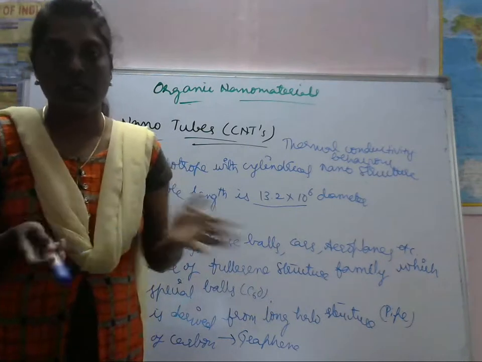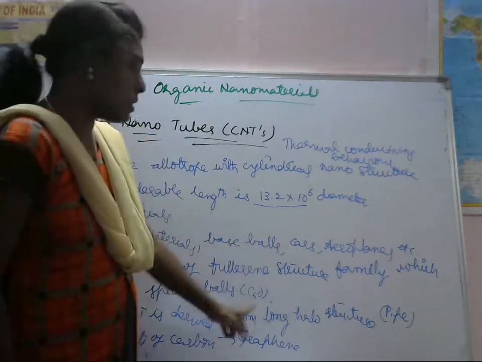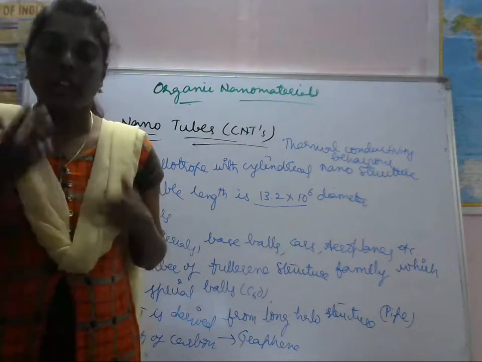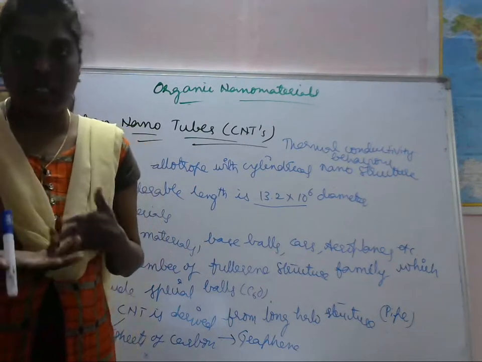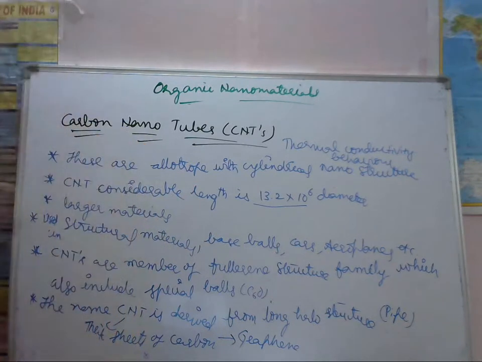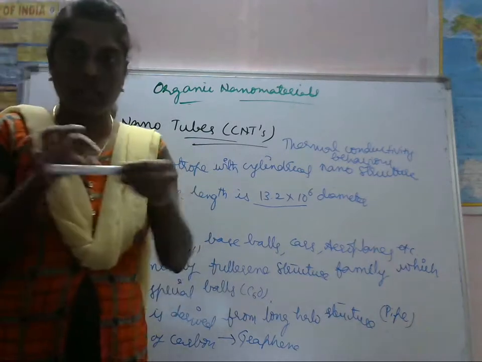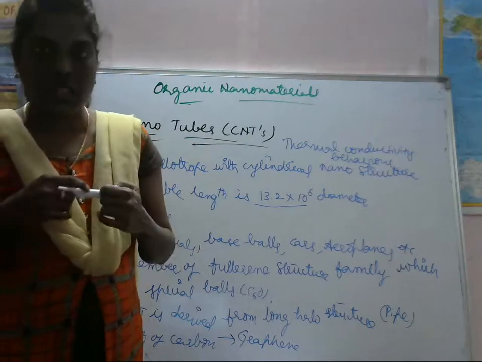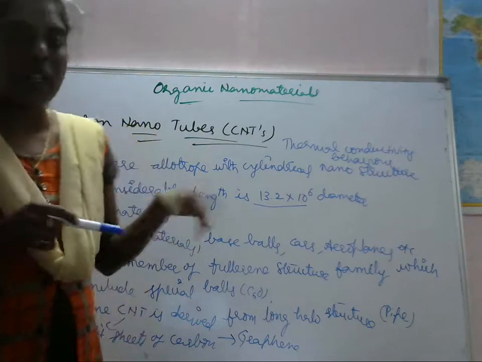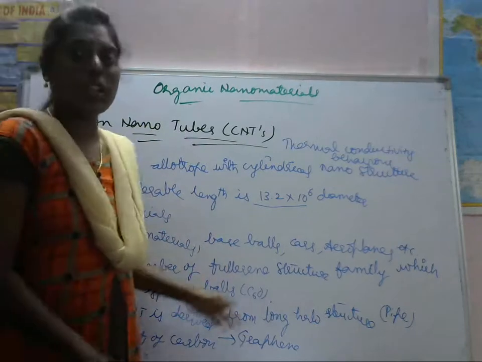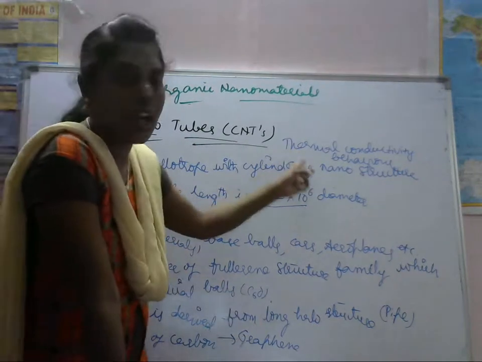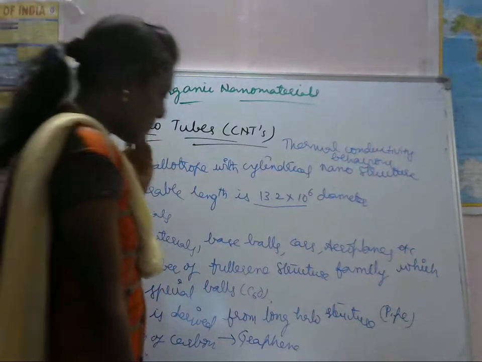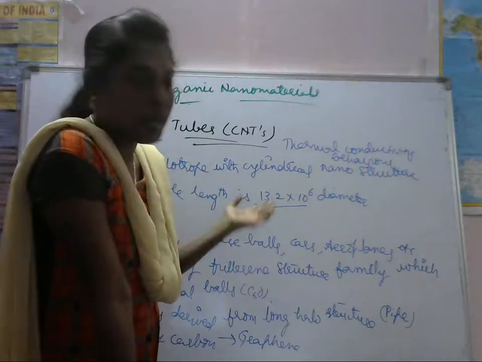You can see the C60 fullerenes there. Fullerenes means only carbon will be present, but the number of carbons increases. Why the name comes: it is a long hollow structure, it looks like a pipe. These walls are made up of thick sheets of carbon, called graphene, and it shows conductivity. It has thermal conductivity behavior, similar to semiconductor or metallic conductors.